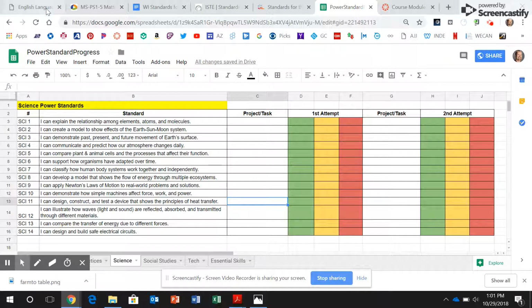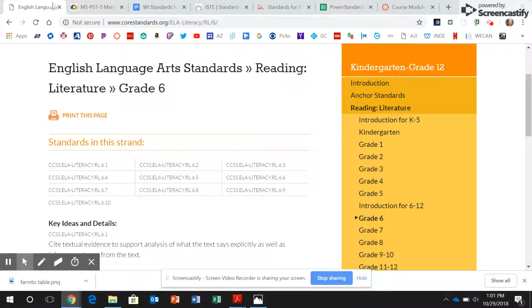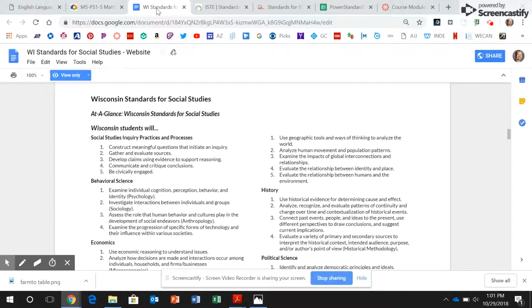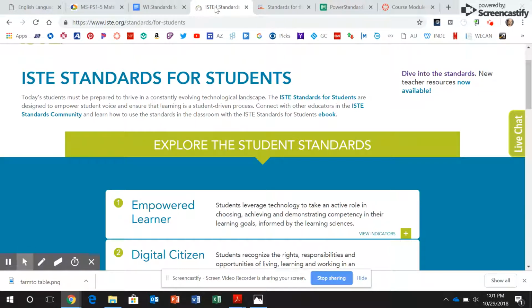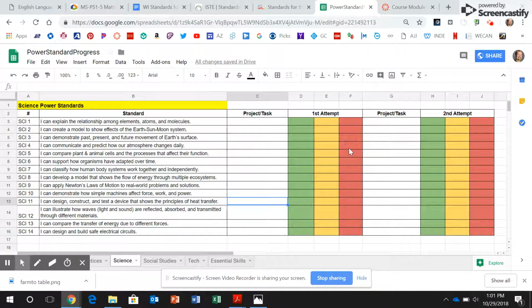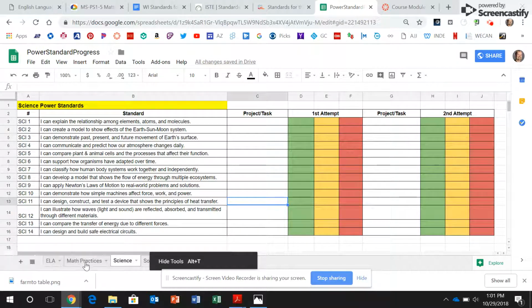This included looking at all the Common Core state standards, Next Generation Science standards, the Wisconsin Model Academic Standards for Social Studies, the National Education Technology Standards, and Standards for the 21st Century Learner through the American Association of School Librarians. That's a lot of standards. So we looked at all of those standards and we condensed them into about 70 of what we call our